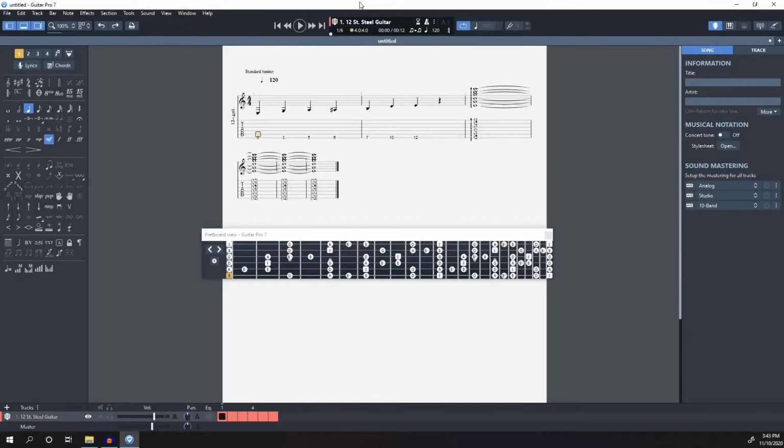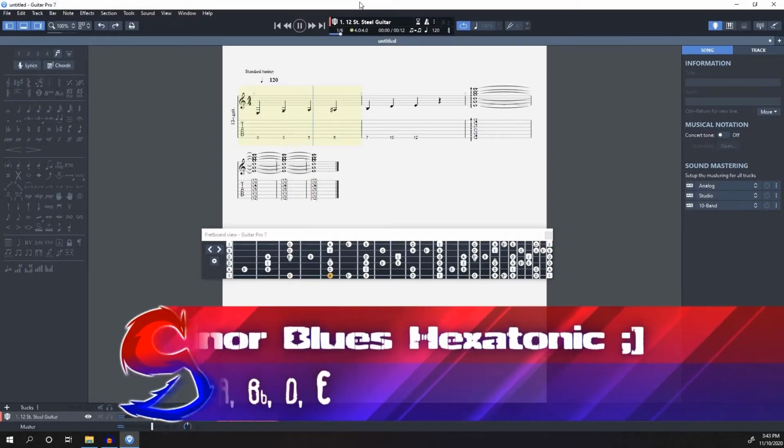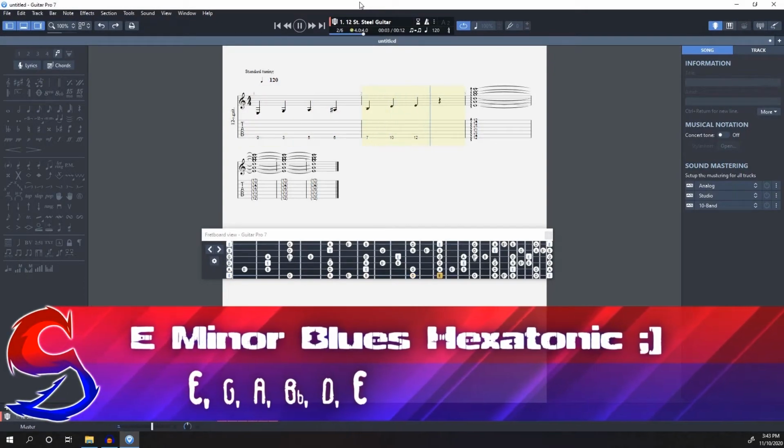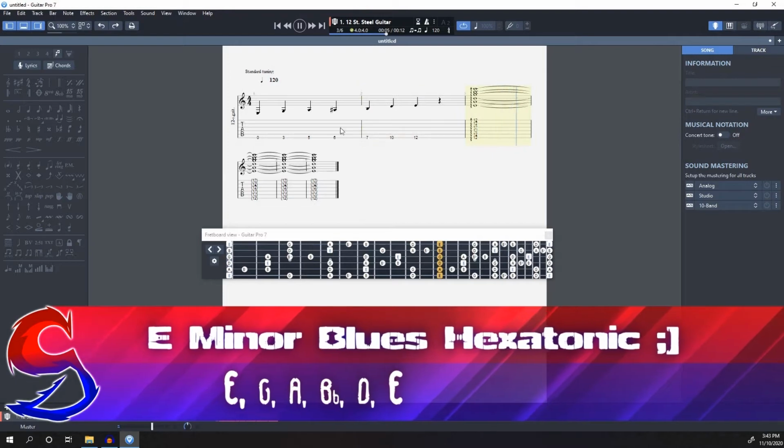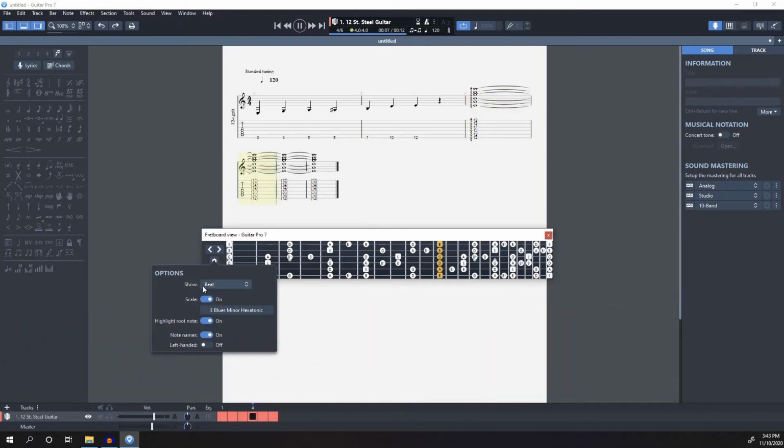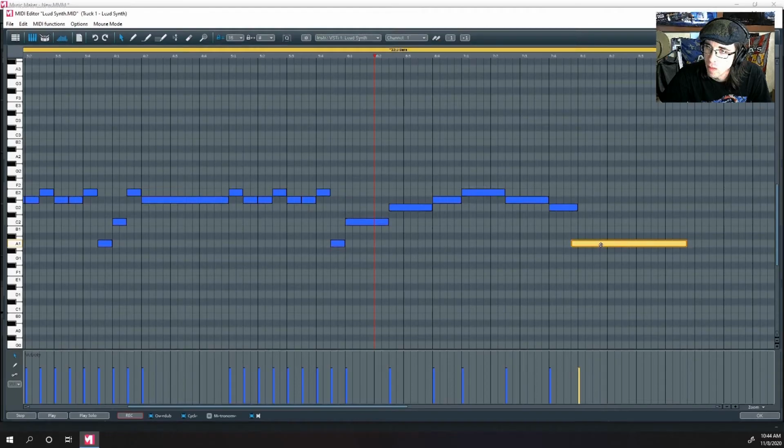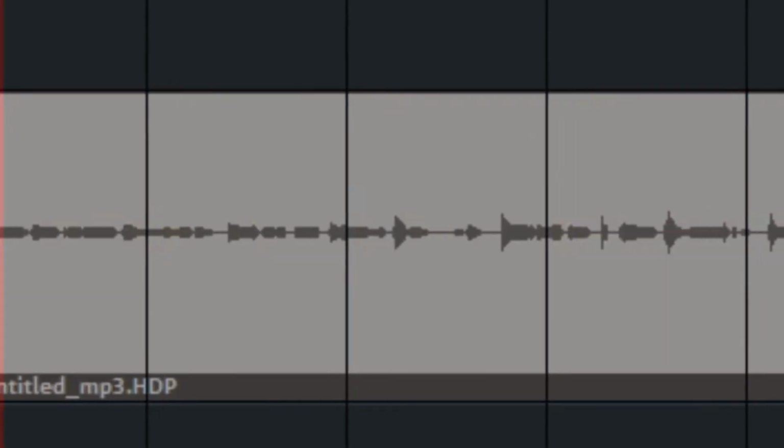Eventually, though, I did settle on this. This is the E minor blues hexatonic scale. Or if you don't really care about all that, it makes it sound jazzy, okay? Anyways, the next thing I did was I took that main riff Lisa had in there